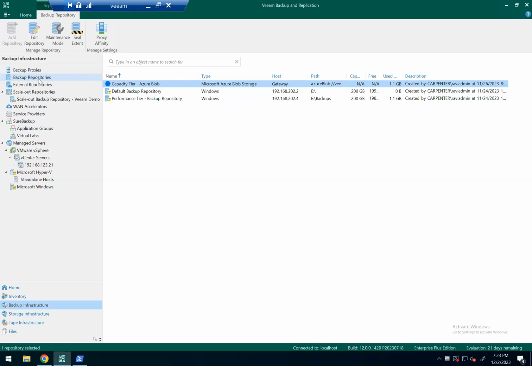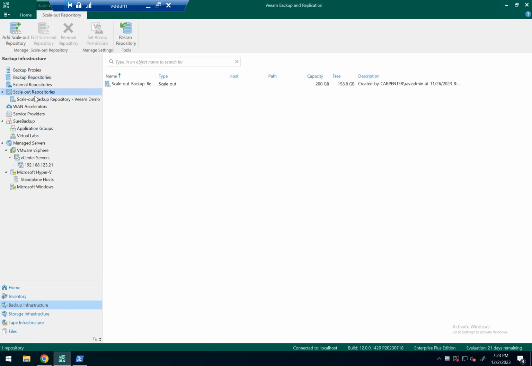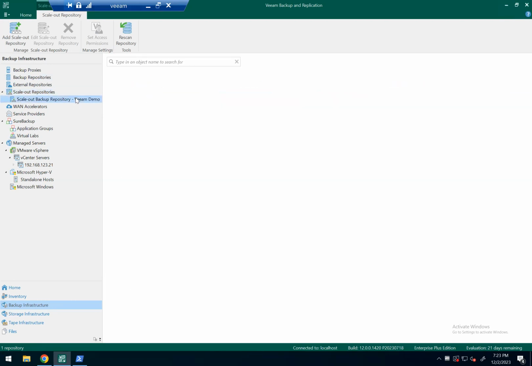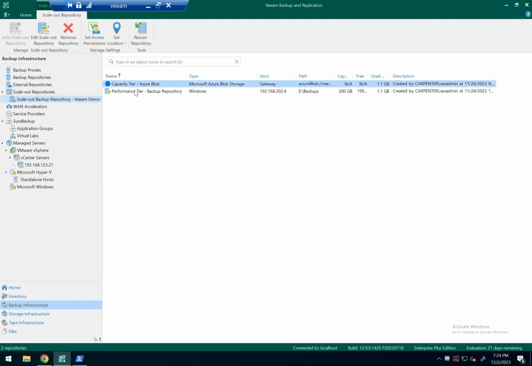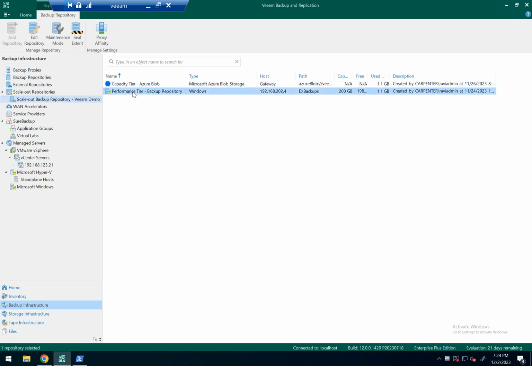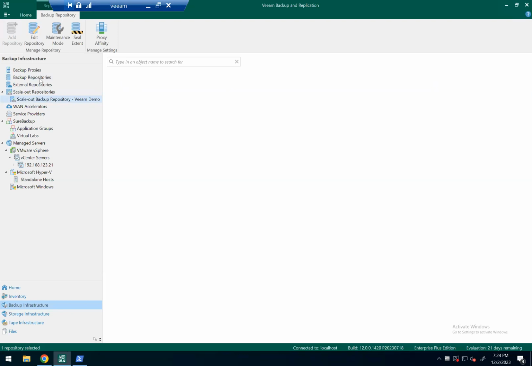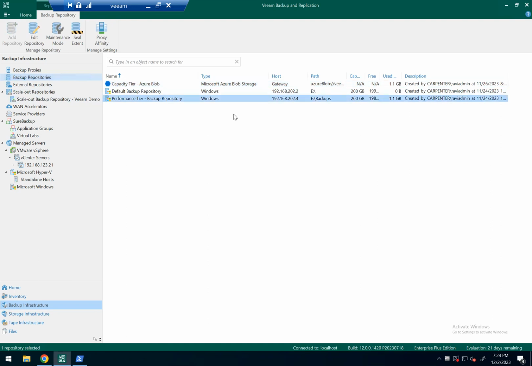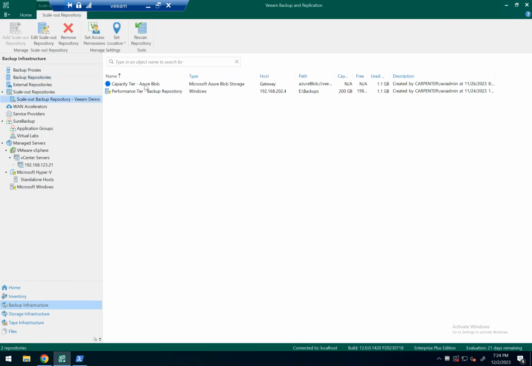So once the capacity and performance tiers are added, you come back to Scale-out repository, right-click and add a Scale-out repository. As I said, you're including your capacity and performance tier together to form kind of a cluster. So all I'm doing is I took my Azure Blob and my performance tier, the local one, and created a Scale-out backup repository. Now, if we go to properties of this,